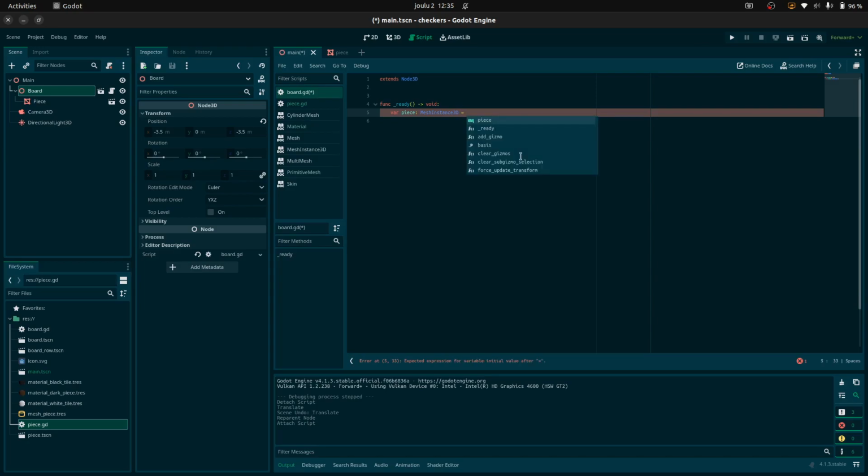And now we assign it the scene. So we're going to load it. And we're going to load from here piece.tscn. That's for scene. Now this is actually a packed scene, and it's already complaining here that we can't put piece into MeshInstance3D. So what we need to do here is